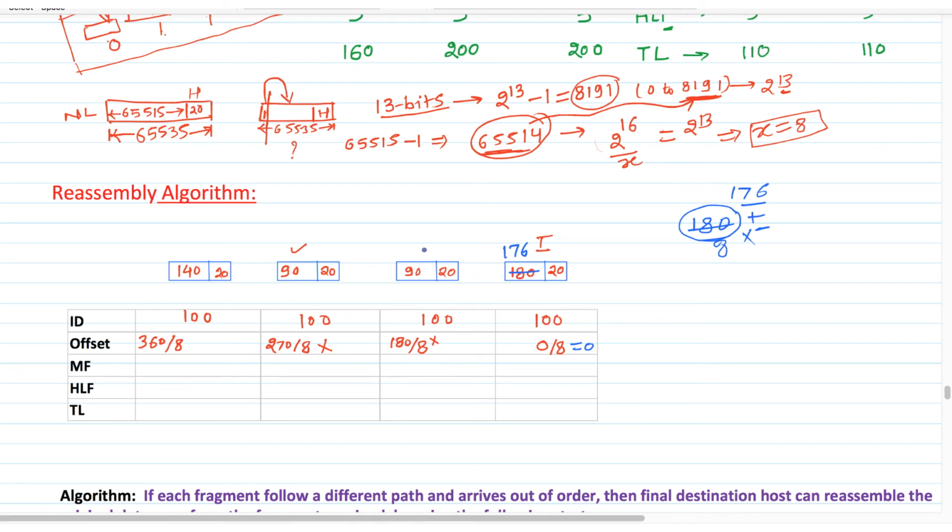So when we calculate the offset value for this second fragment, we will check how many data bytes are ahead, and it will be 176. So here we are going to divide 176 by 8 and we will get an integer value, and 176 divided by 8 is equal to 22. So the number of data bytes in the first fragment is going to affect the value of the second fragment's offset value. The number of data bytes in first fragment divided by 8 will be the offset value of second fragment. In the same way, 90 is not divisible by 8. So again,